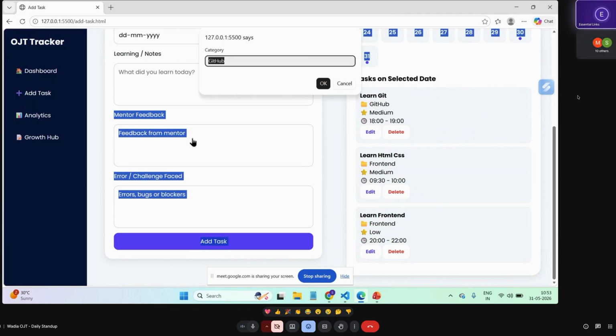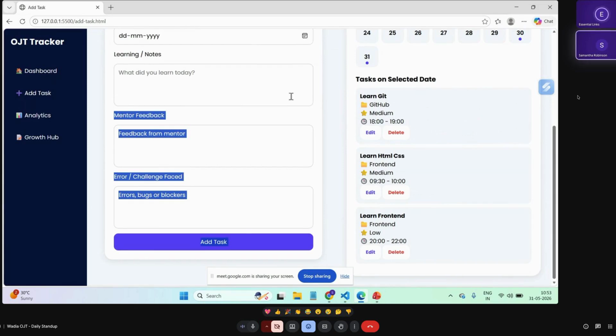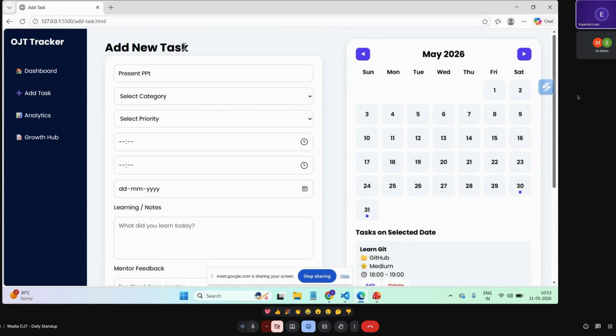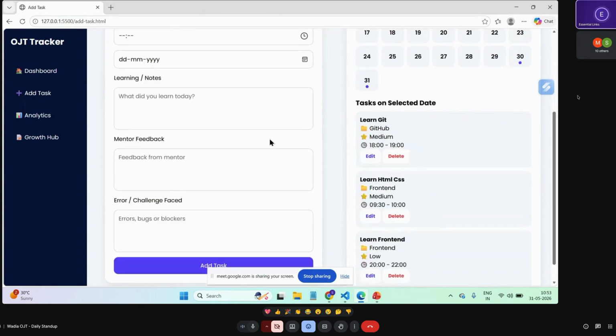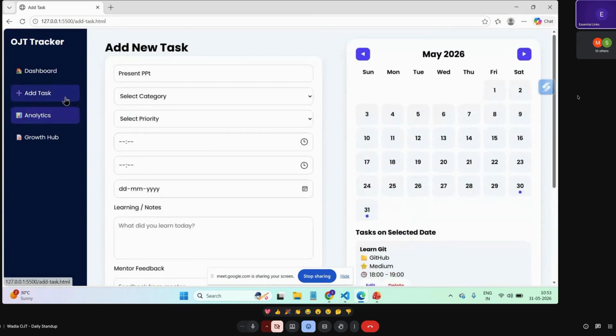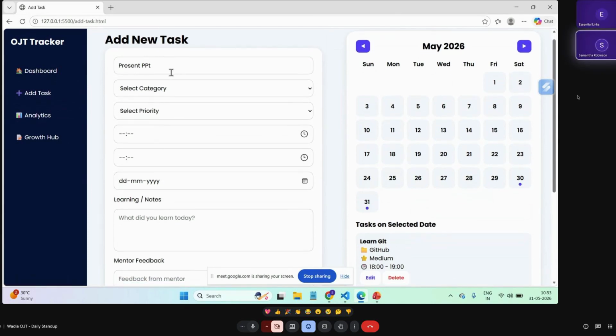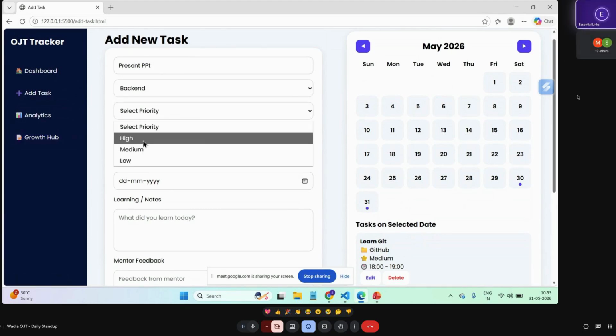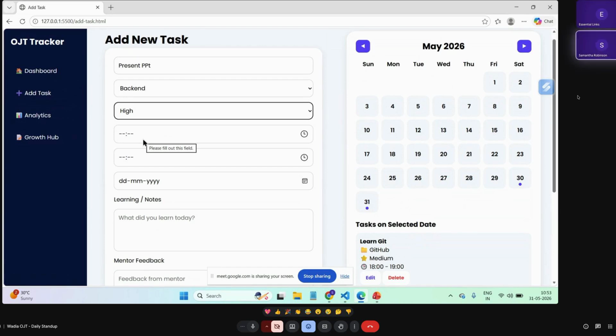Okay, and for the UI part, have you used any CSS libraries? No, sir. Your UI is above average, I will say, and the look and feel is good. So you have done it using purely CSS and not any CSS libraries? No, sir. Okay, I would suggest you look into Tailwind CSS. Okay, sir. Tailwind CSS.